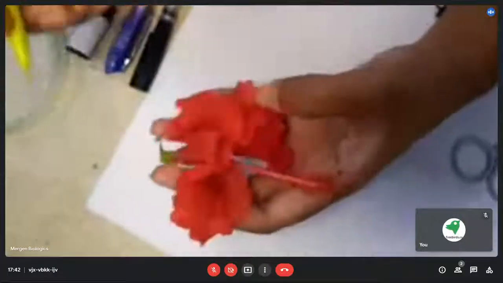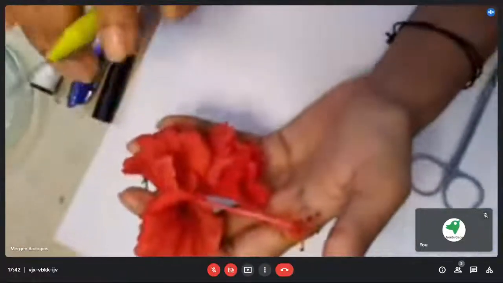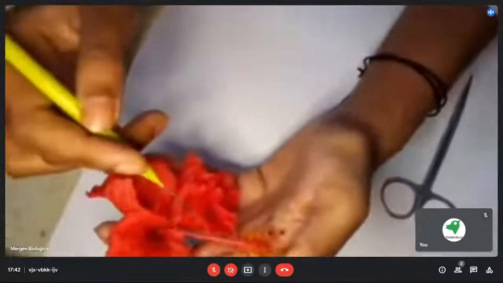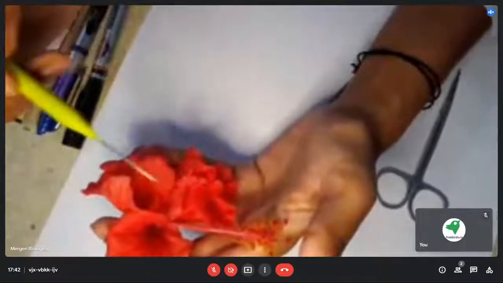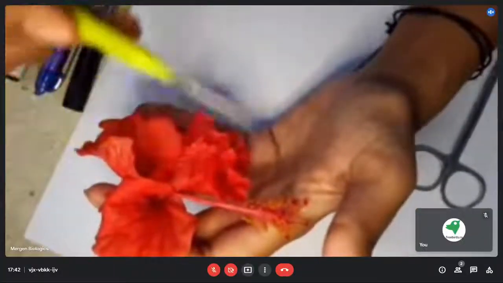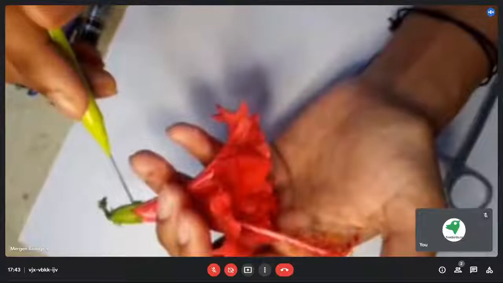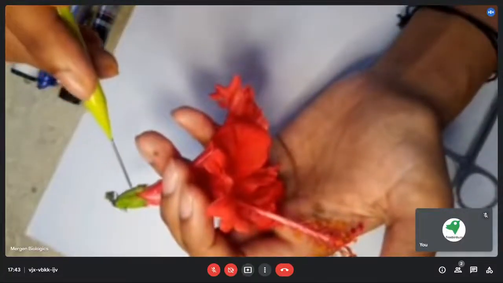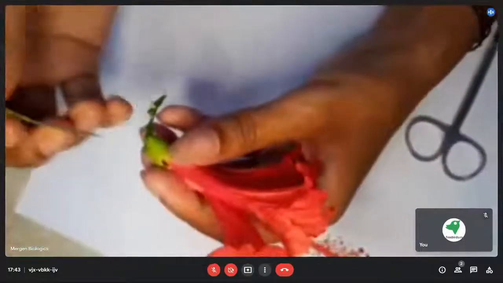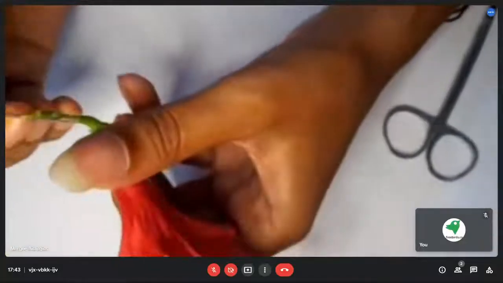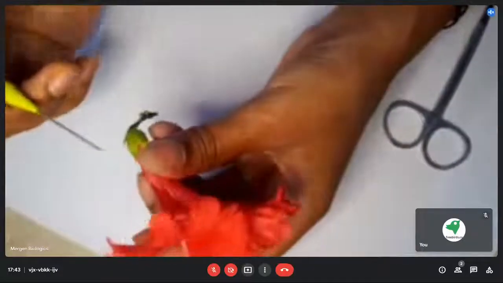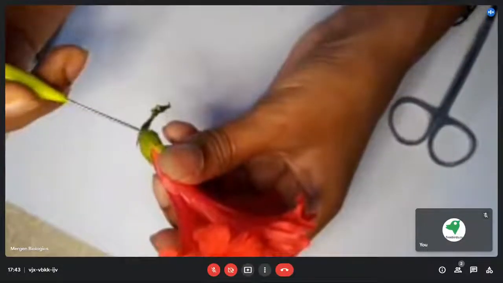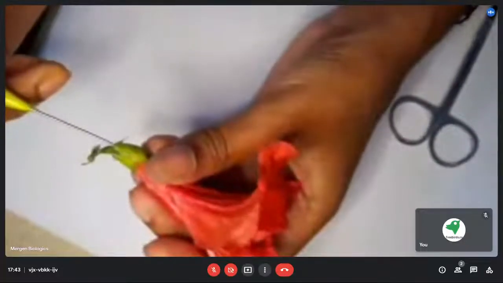So scientifically speaking, it has 4 whorls. Whorls are parts of the flower, but they are very important. In this flower, we have 4 whorls, and the first one is this green part. They are known as sepals. But when we start dissecting, our first job is to separate this epicalyx, so that the next step we can do the dissection of this calyx part, that is the green part, the sepal part.